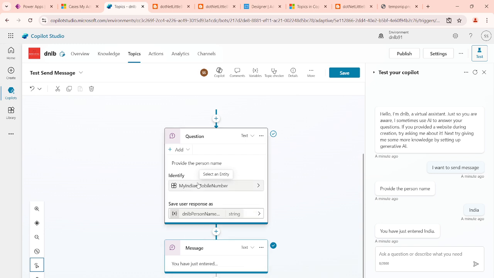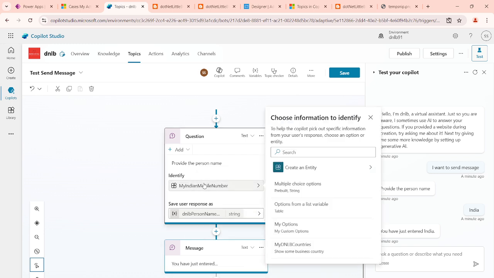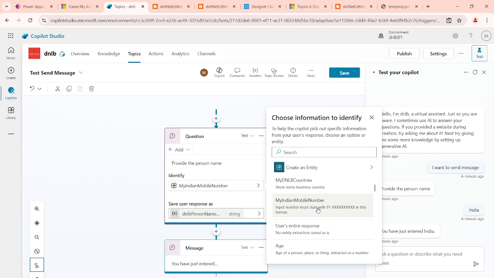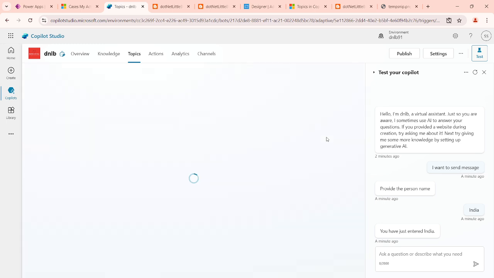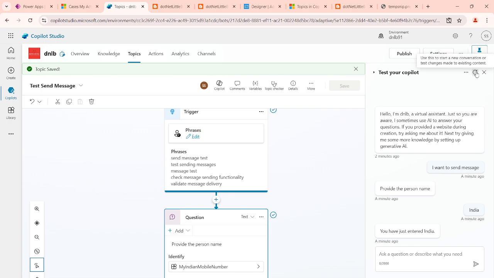This is the identity I created, which will accept any number starting with 91 hyphen followed by a 10-digit number. So I will select this identity here and display it. I will save it and restart this again,